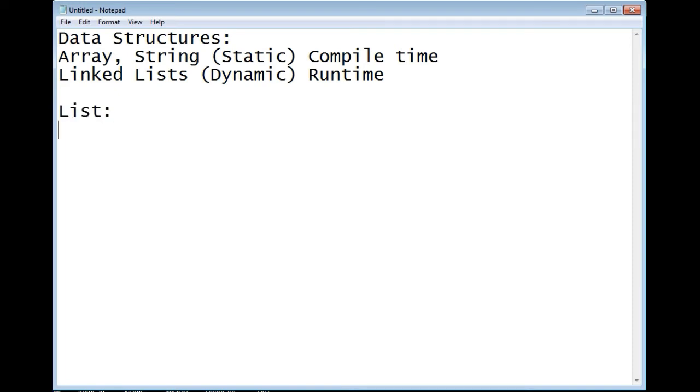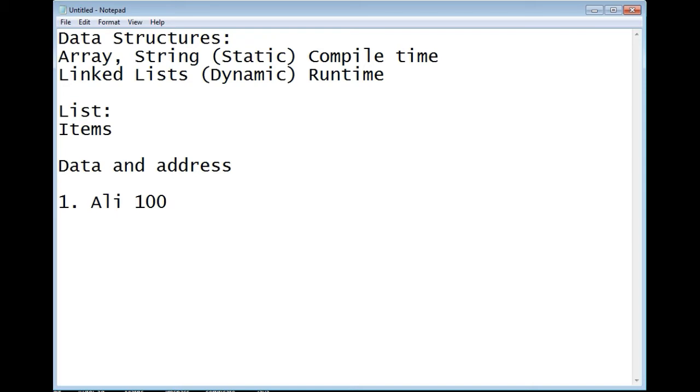A list has items. Items means data and address. For example, list 1 has data, name Ali, and its address is 100.